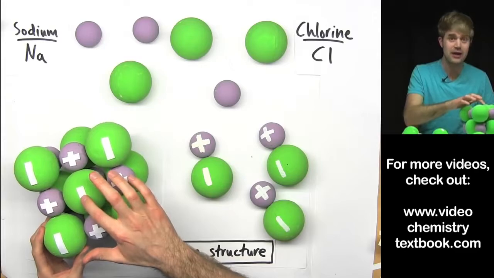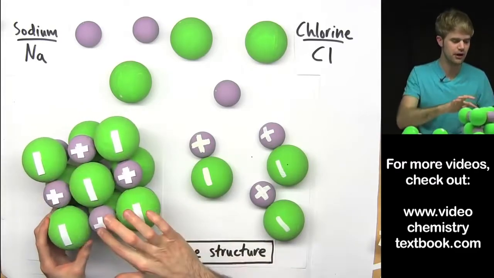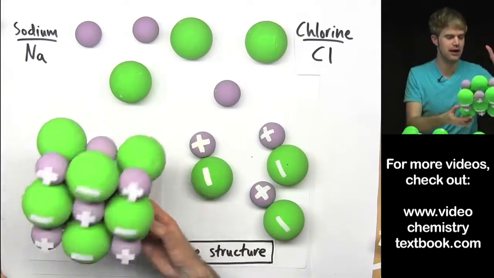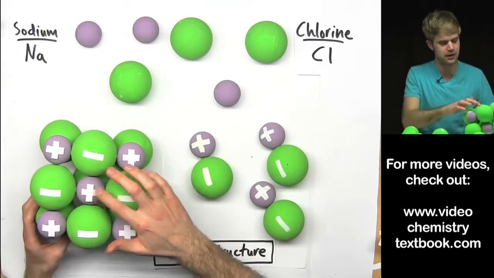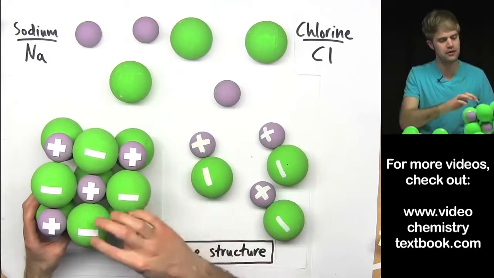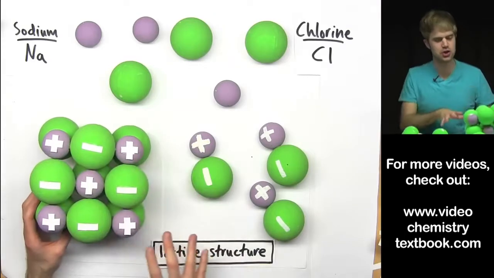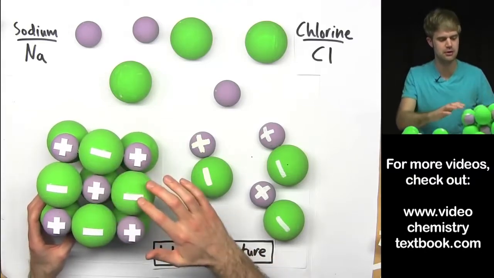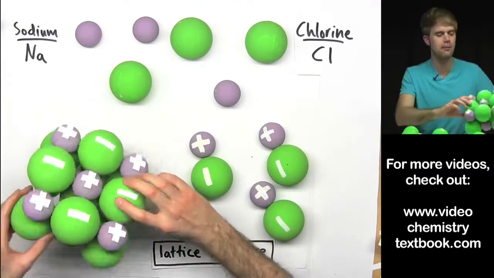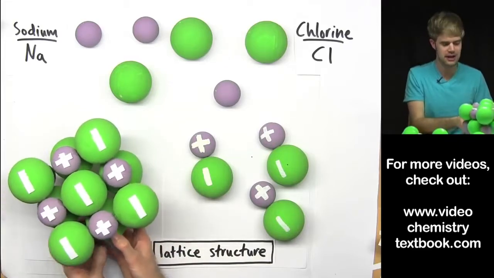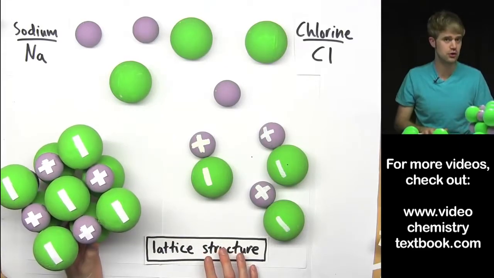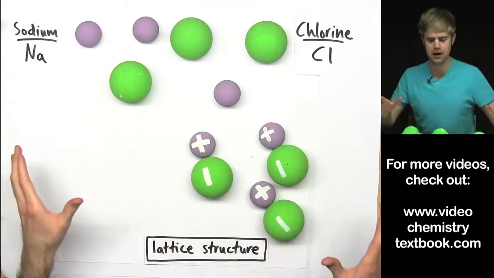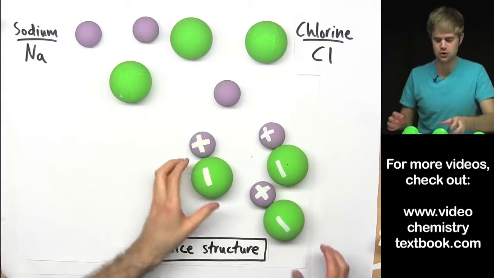Here we have a negative ion and it's surrounded by 4 positive ions because they're all attracted together. And over here we've got a positive ion that's surrounded by a whole bunch of negatively charged ions. Just in general through the lattice structure we alternate plus, minus, plus, minus, plus, minus, because all of these opposite charges are attracting together to make this lattice structure. So the important thing to keep in mind is that ionic bonding, when you're talking about more than just 2 atoms,